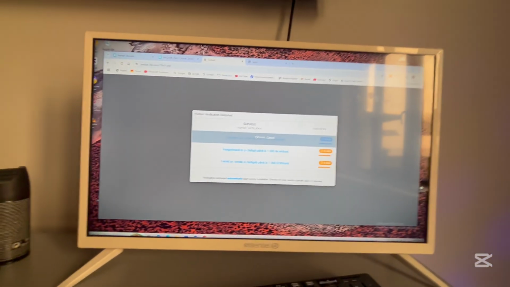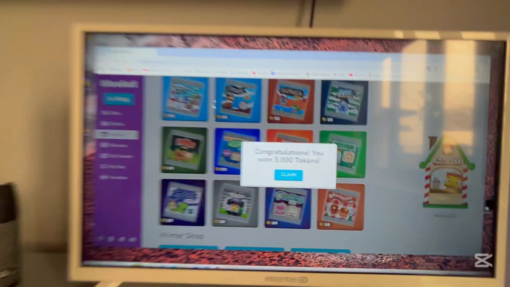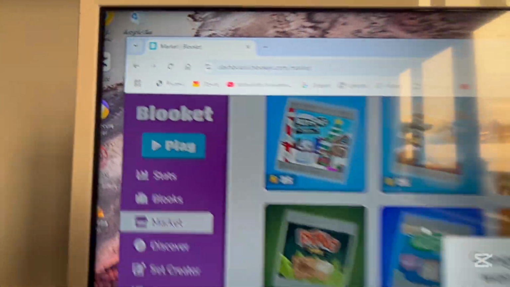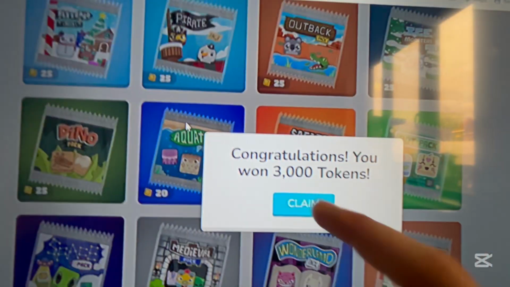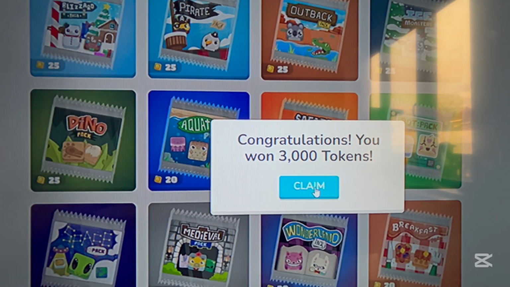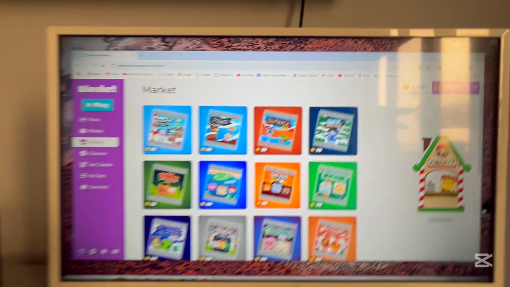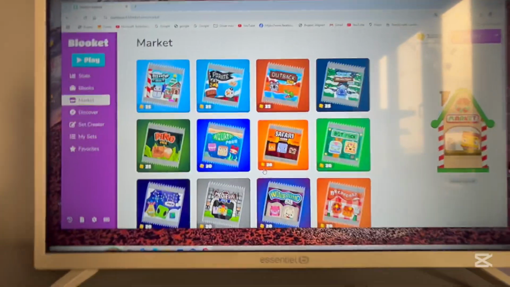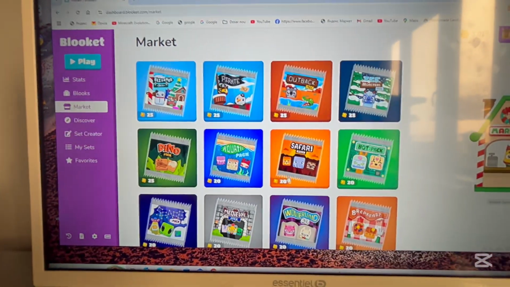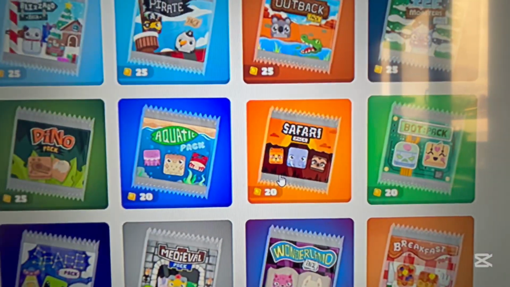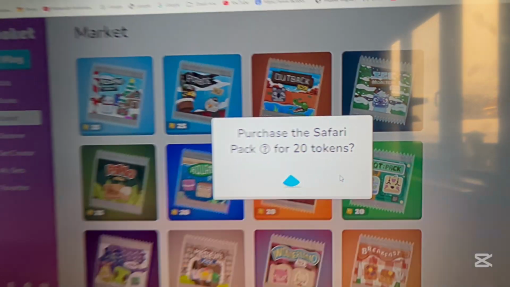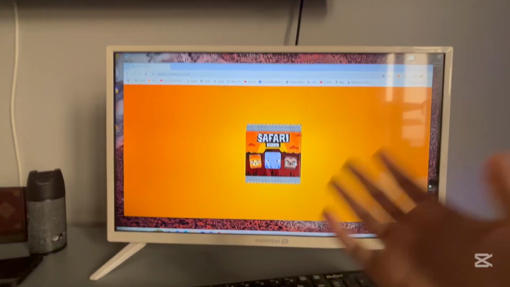Now you can close all pages, and as you can see, I am on my Blooket page, and congratulations, you won 3,000 tokens. I press claim, and now I have 3,000 tokens and 10 tokens in my Blooket account. I want to check this by buying a pack. I buy this package, yes, and as you can see guys, it works